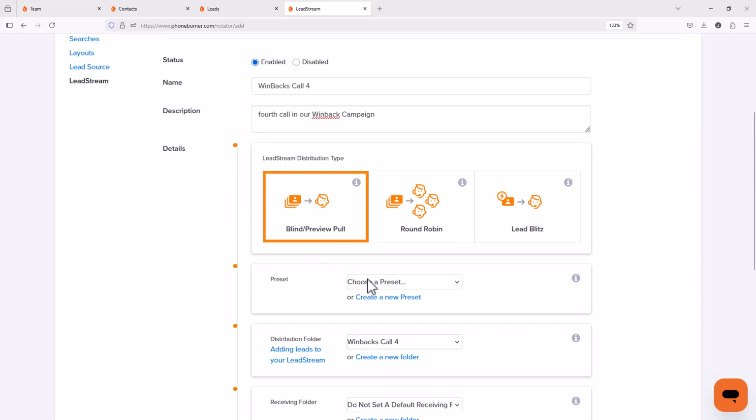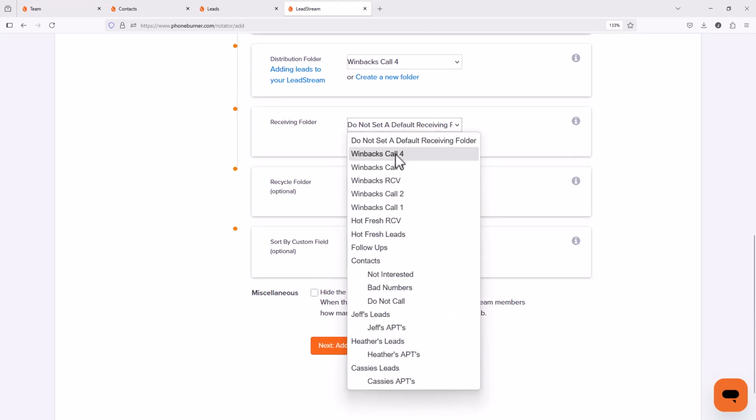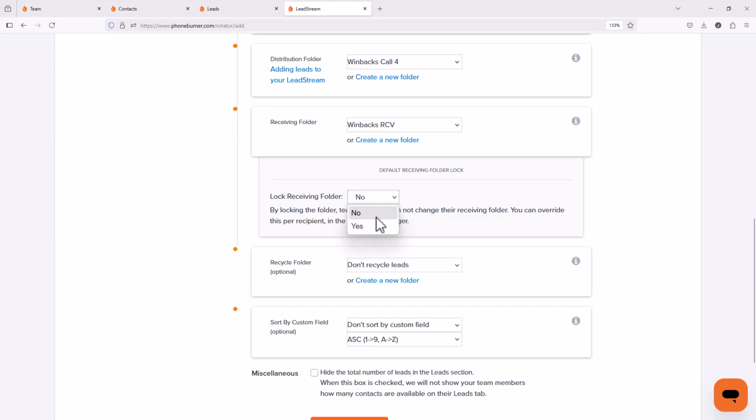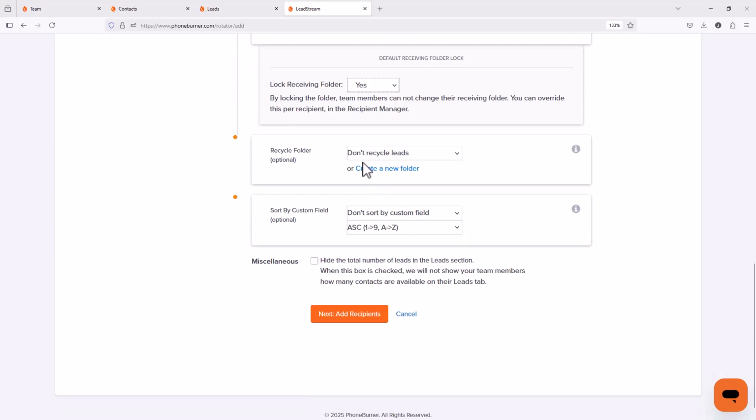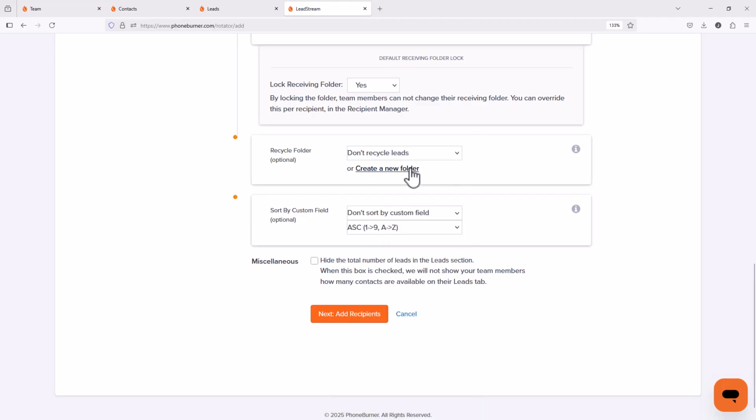Blind Pull. Preset's already configured, so we'll assign that. Distributing from the Winbacks Call 4 folder, because that's where Call 3 recycled into. We're going to use the same receiving folder for all of these again. And now our recycling is going to be a little bit different, right? We don't want to go back in here. We could potentially just keep recycling into Call 4, but we don't want to do that. We're going to do